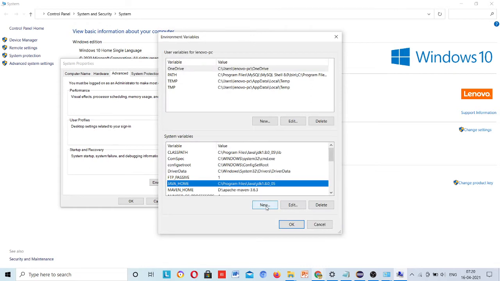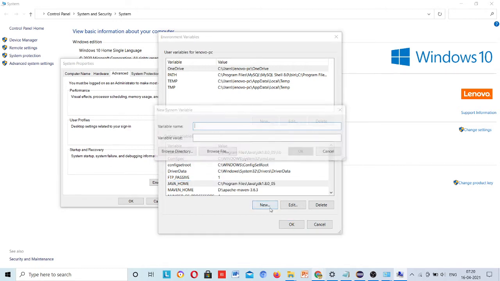Here, if you are doing it the first time, click on new, and a pop-up form will open.